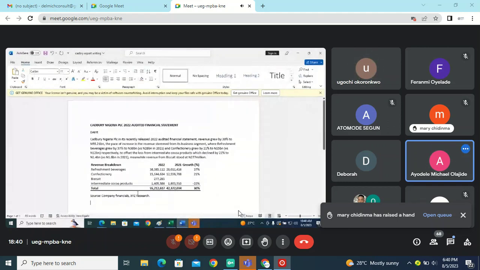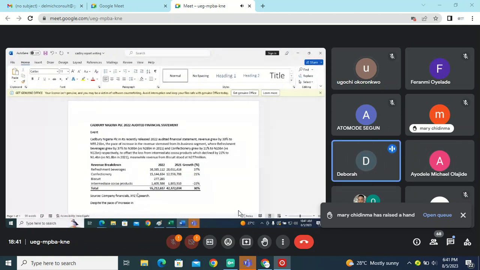So despite the pace of increase, despite the growth in revenue, gross profit,